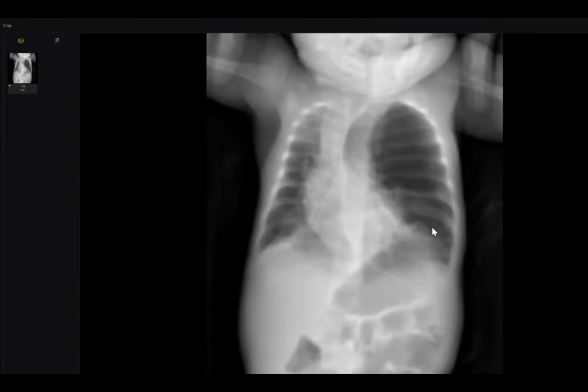Okay, we can see the visceral pleura. Yes, sir, visceral pleura can be visible, but in tension pneumothorax we are unable to see the visceral pleura. Excellent. So we exclude tension pneumothorax. What other differential? Sir, other can be congenital